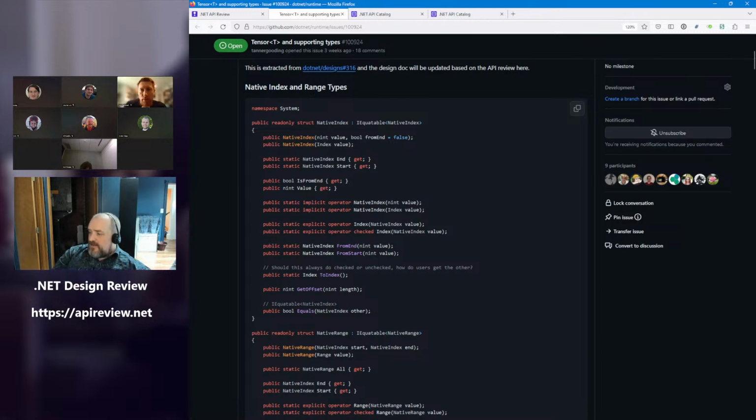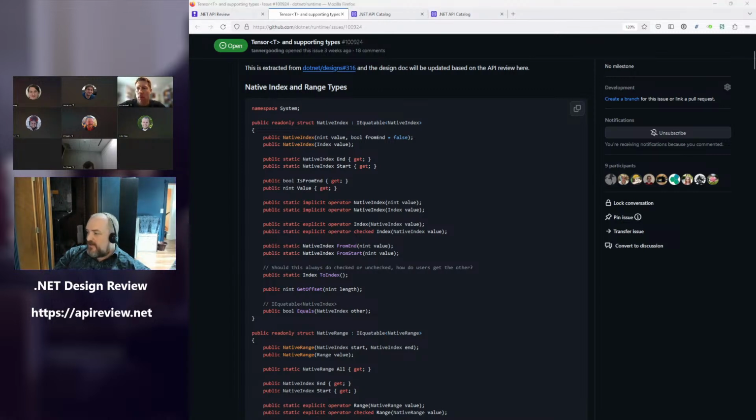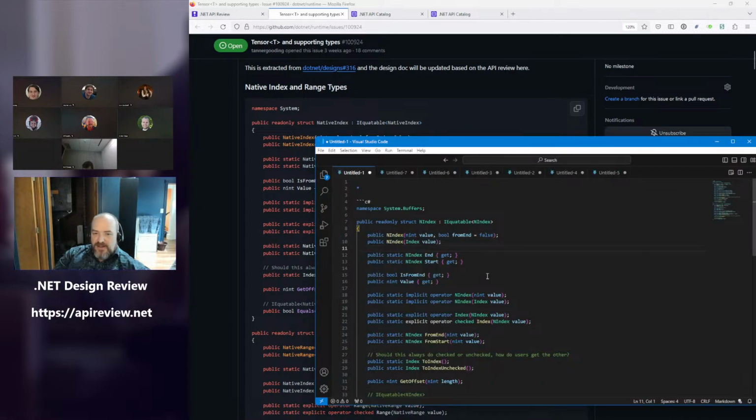But yeah, that's a good point, Steve. If tensor's being in a NuGet package that has as a minimum TFM something older than 9, then index will have to also be defined in a NuGet package.